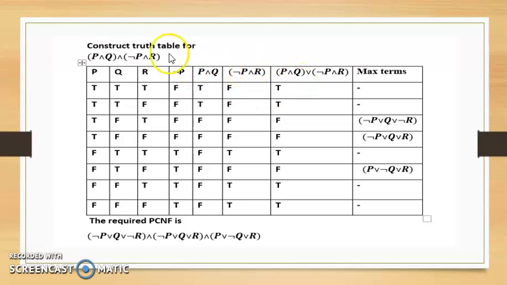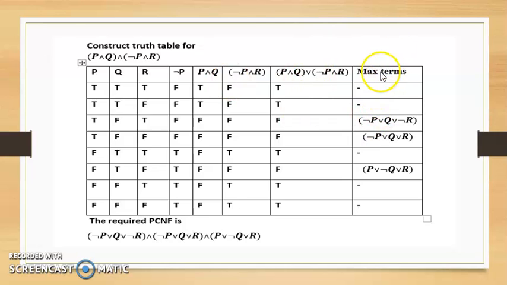So we take (P and Q) or (not P and R). True, false is true. True, false is true. False, false is false. False, false is false. False, true is true. False or false is false. False or true is true. False or true is true.